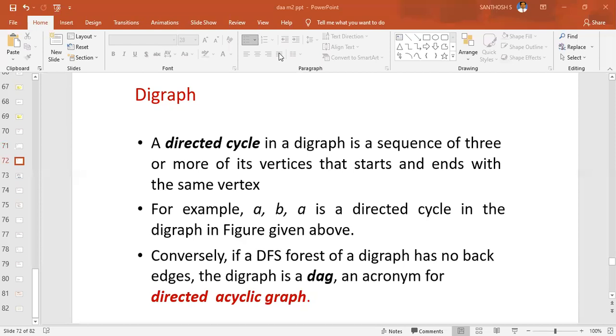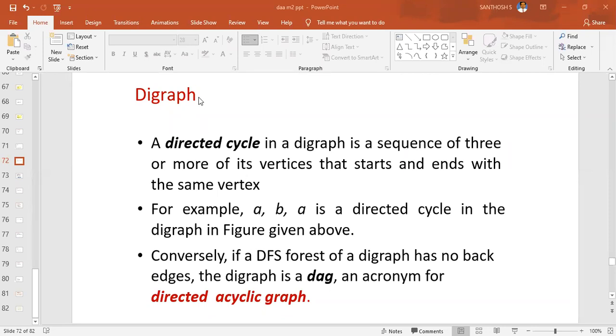What do you mean by cycle? Define cycle. When you say cycle, I'm not asking about a riding cycle.